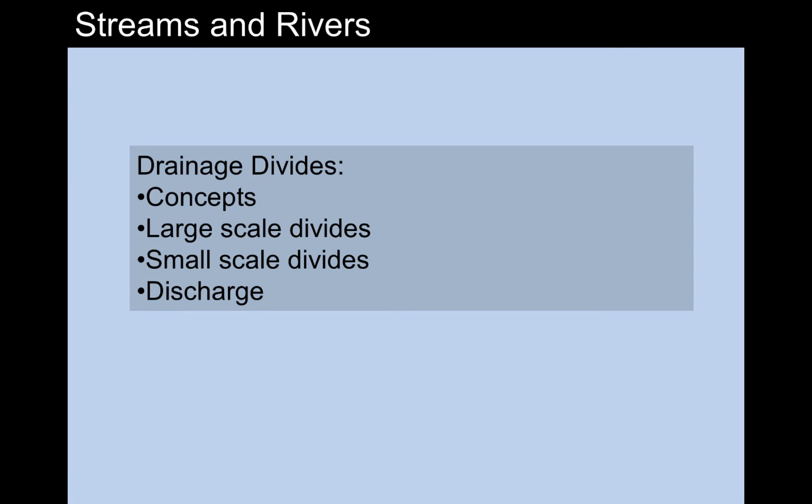Hi, and welcome to our discussion of drainage divides, the next segment when we're talking about rivers and streams. We'll talk about the concept of what a divide is, and then we'll think about large and small scale divides. And then we'll talk a little bit about river discharge, which is the byproduct of collecting precipitation as part of the hydrologic cycle